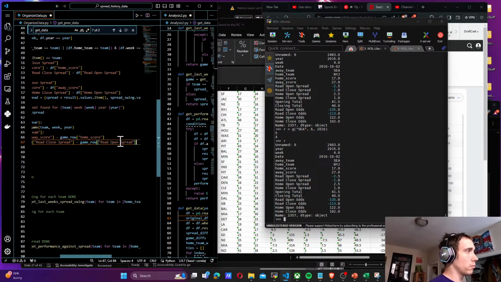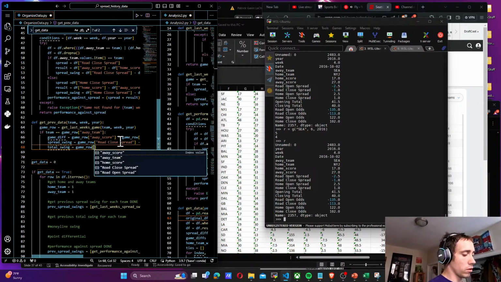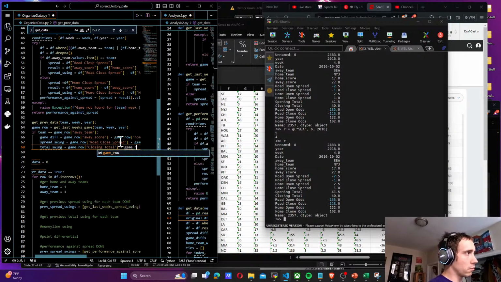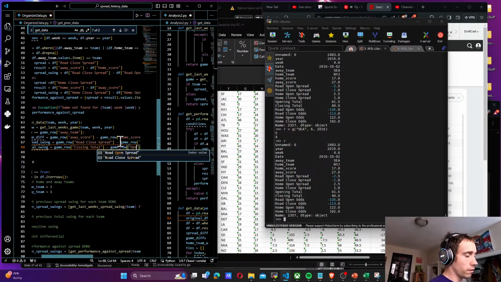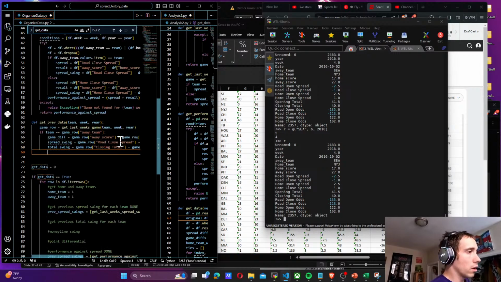Road close spread minus road open spread, and then total swing is equal to game row of closing total minus game row of opening total. Okay, so game diff, spread swing, total swing, and then